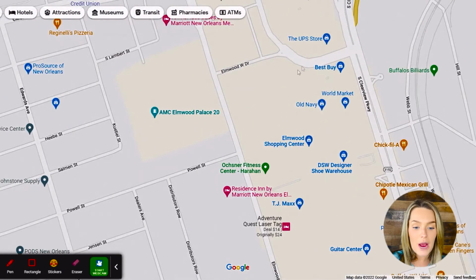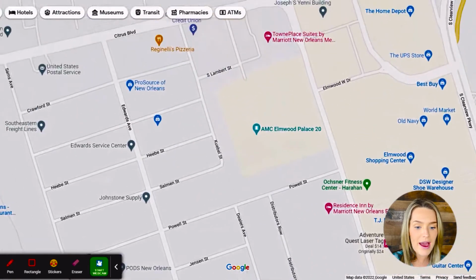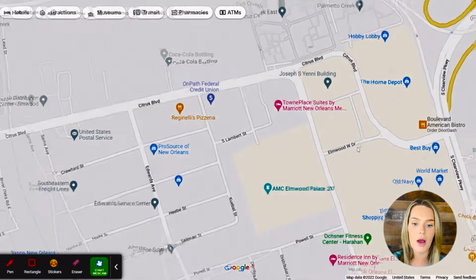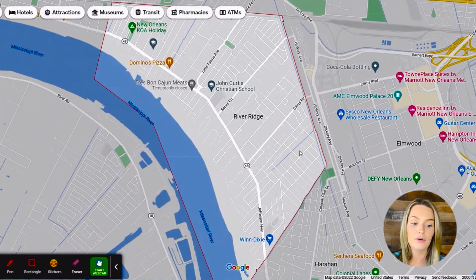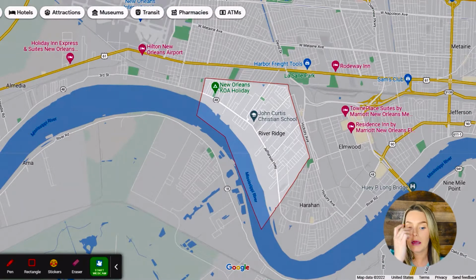And then for shopping, we have Best Buy, Old Navy, TJ Maxx. There's a party store over here somewhere, the Home Depot, Hobby Lobby, like tons of options for shopping. Not even 5 minutes outside of your neighborhood if you choose to live in River Ridge. So that's very, very convenient. Tons of options when it comes to grocery stores as well, both inside your neighborhood and outside, like around the